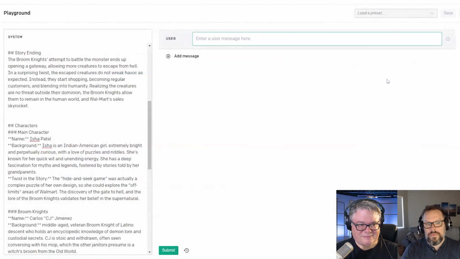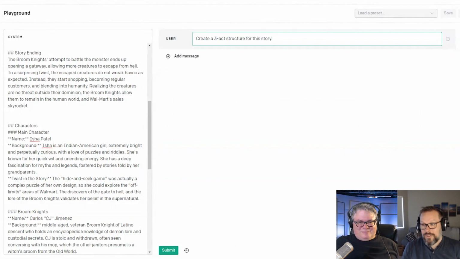Very cool. So we'll say everyone knows the 3-act structure. And by the way, there are lots of different systems. Put your character up a tree. Yep. There are many different narrative structures that are possible to use, everything from Snowflake. There's a bunch of them. You could tell it to do different ones, but I'm going to say, using the 3-act structure, actually create a 3-act structure for this story. And hopefully the story ending we gave it will guide the entire thing. Yeah. I hope. Let's see what happens.